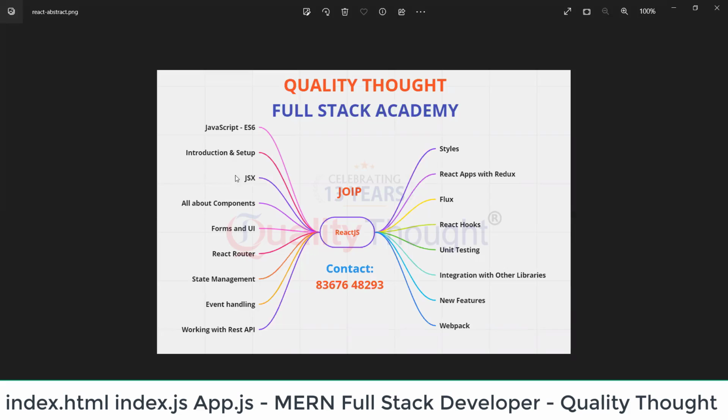See this here. First, JavaScript from basics to advanced, the setup, next JSX, and next the components, and how to create the form, and the routing. Next, state management, event handling, and working with REST web API. This is very important. Remember,